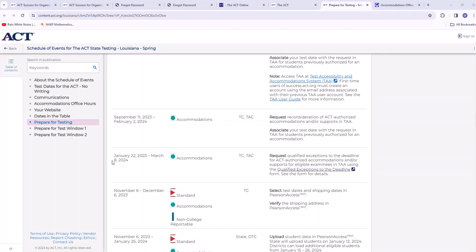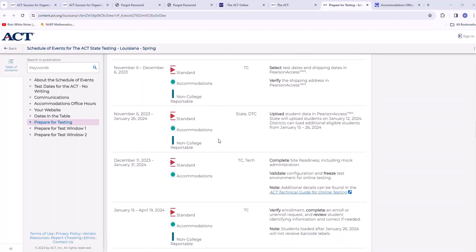And then, so you have up until the 2nd to do that. Then from January 22nd through March 8th, that's the qualified exception. So we're not going to talk about that now because it doesn't come into play until the end of January. So we'll talk about that in January. But these are your dates. So just go through each one of those,